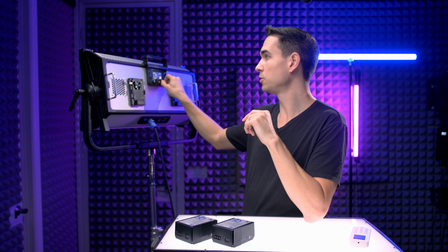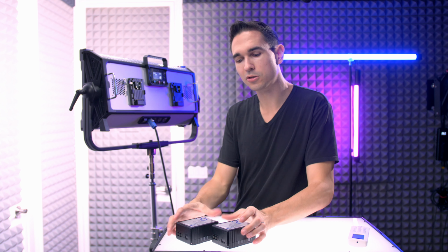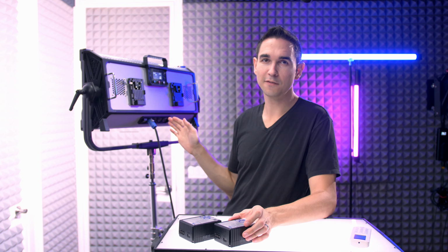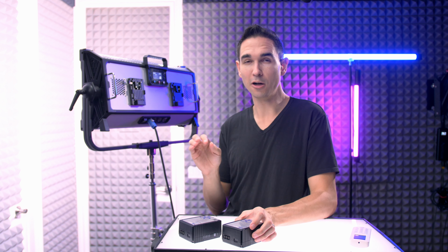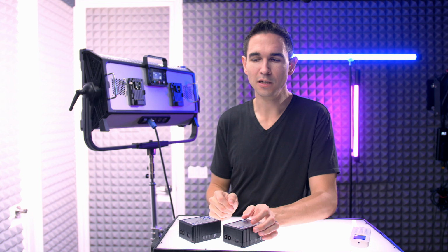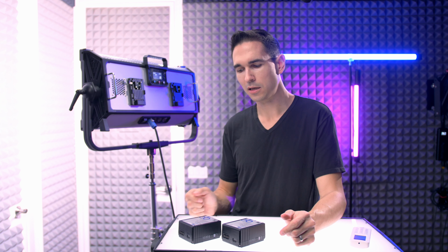And when you're down to the really low intensities, somewhere between 10 and 20%, the Kelvin temperature you're targeting is actually about 1,000 higher. So if you're at 5500 Kelvin and you've got the light at 30% intensity, you're actually going to measure about 6500 Kelvin. And if you're at 5500 Kelvin and you have it at 100% intensity, you're going to be at about 6000 Kelvin. So the color temperature is not incredibly accurate, and the color quality is a little bit lower